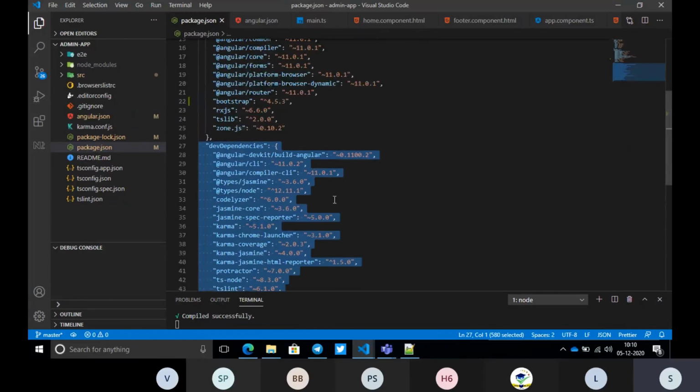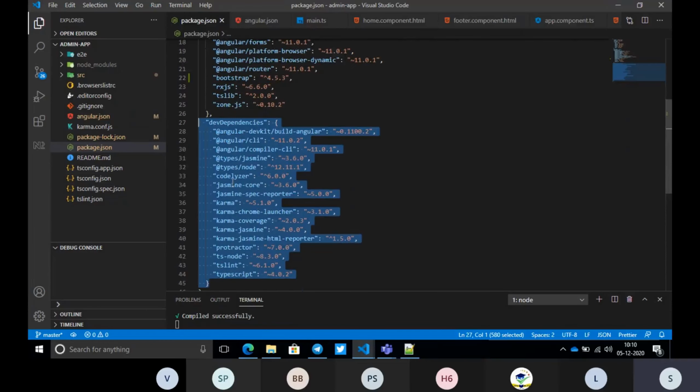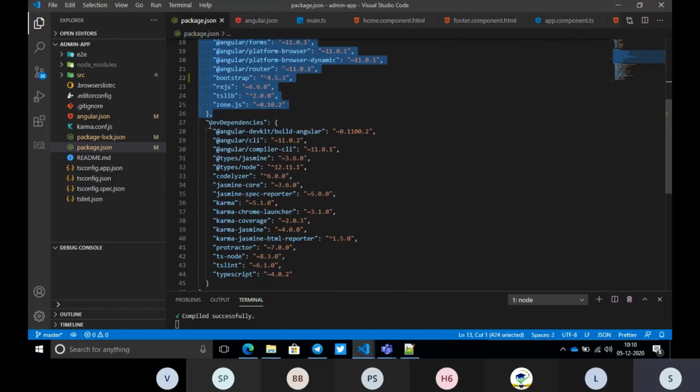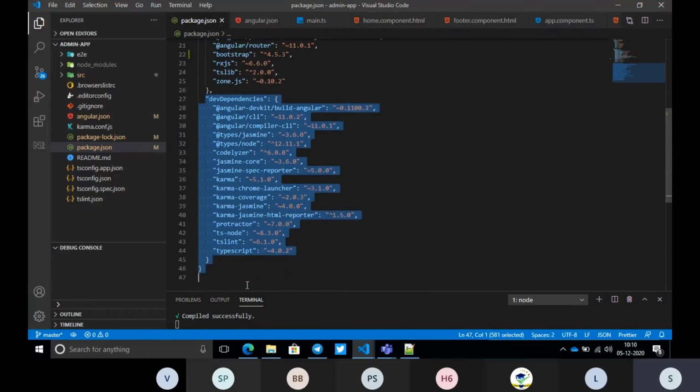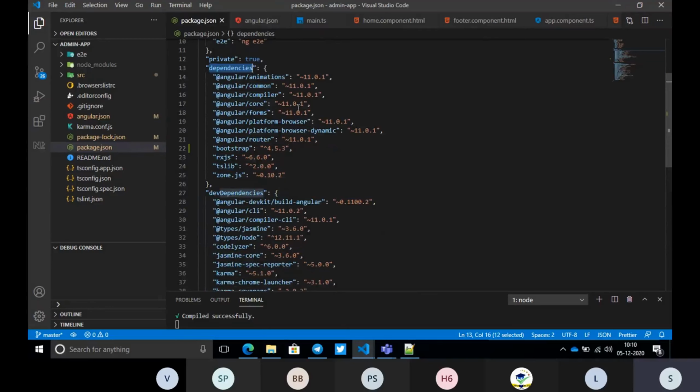Once we build the project and give our application to the customer, then the dev dependencies are not at all required. Only the other libraries should be enough. So when we are adding any library, you just need to think whether this library is going to be used at runtime or only for development purposes. If it is for development purposes, you can add it in the dev dependencies here, or otherwise you can add it in the dependencies. And we even need not do this work manually.